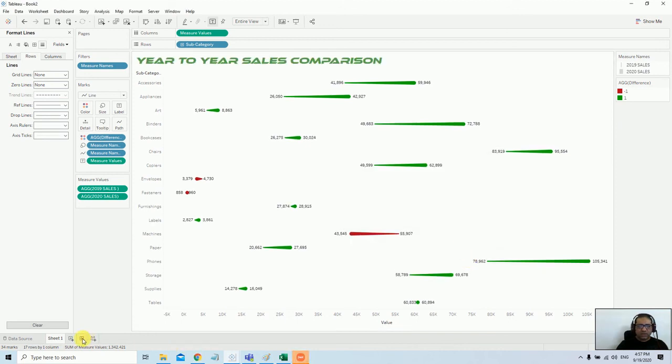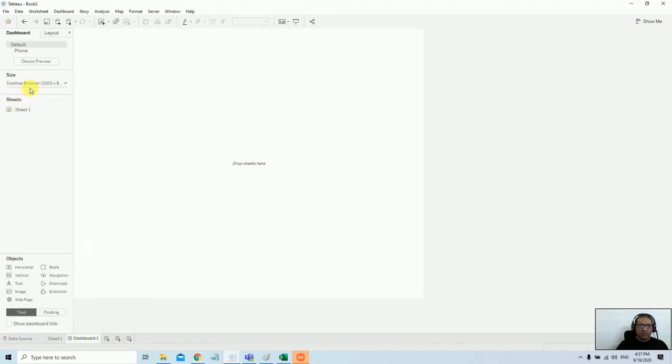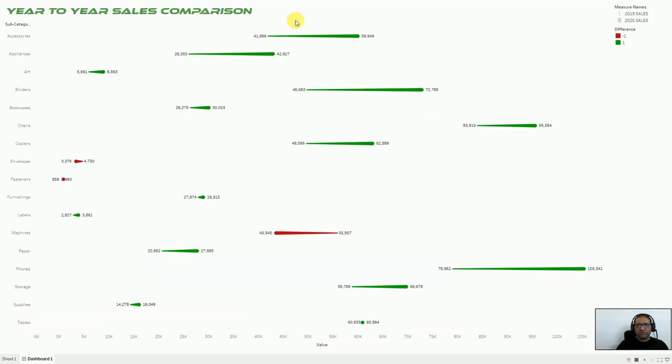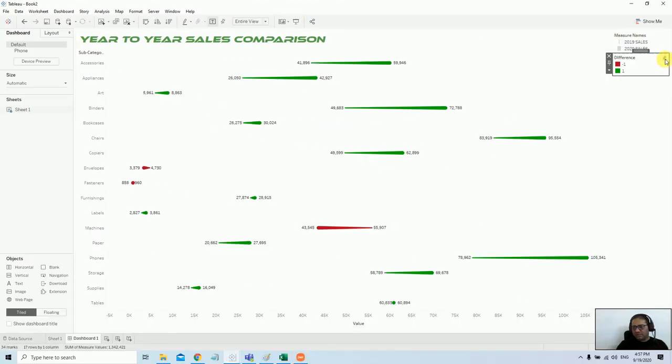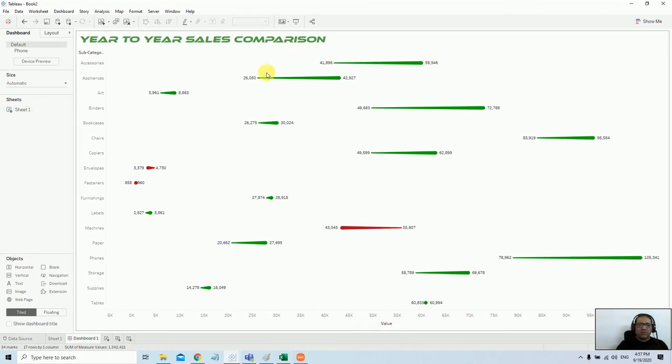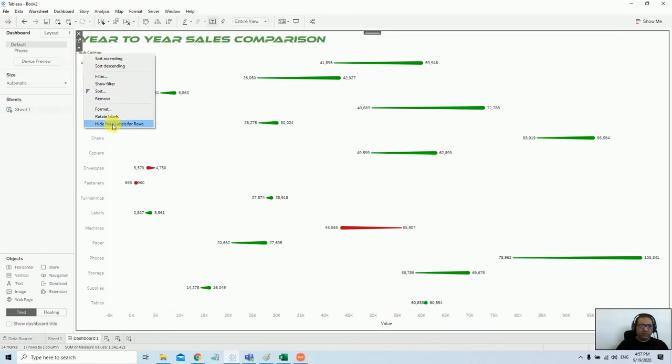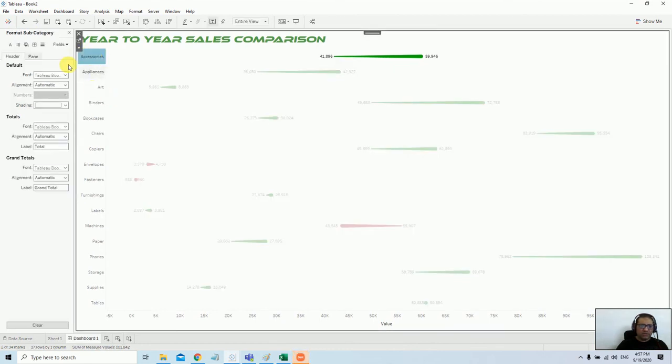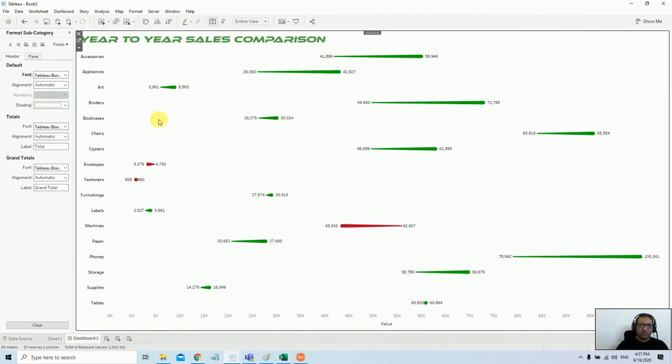And we can add it into our dashboard. I'll just make it a bit bigger, or you can set it to automatic size and just drag it here. When you zoom up it will show, and you can hide this card. Currently these cards are not needed, and wherever you want to arrange this chart, and even this label of subcategory is not required, and you can format this, give a specific color, let's say black and bold, right?